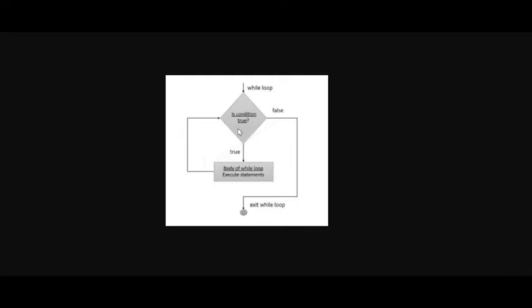Then it again went back and tested the condition. Yes, 2 is less than equal to 10, so again it executed the statement inside. That's how, till 10, it got incremented, and every time the condition came out to be true, it executed the body of the while loop. But when our counter was 10 and it was incremented by 1, it became 11. Now the condition is: is 11 less than equal to 10? No, the condition became false, so we exited the while loop and it printed the statement 10 times. So this was the mechanism of while loop.